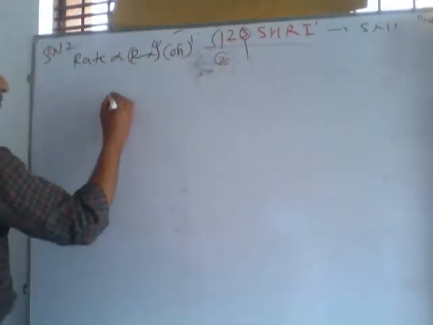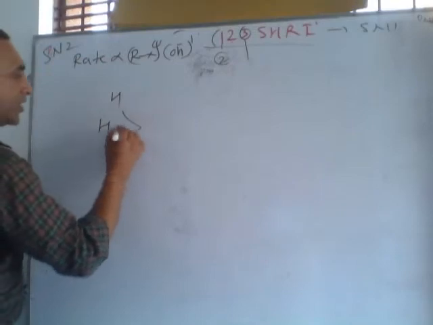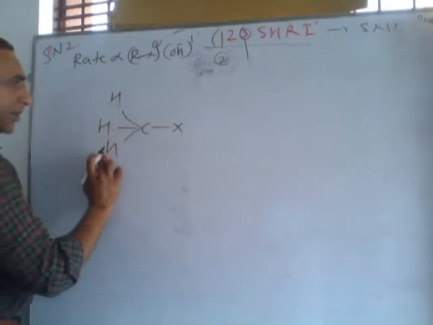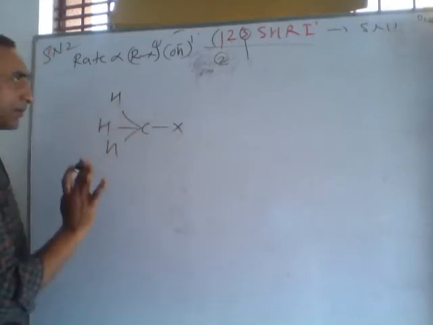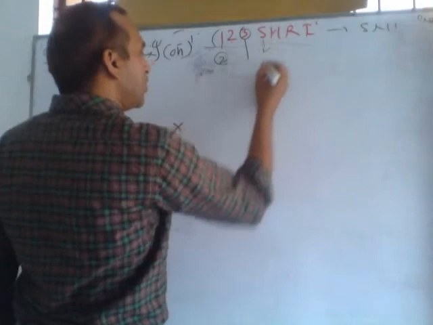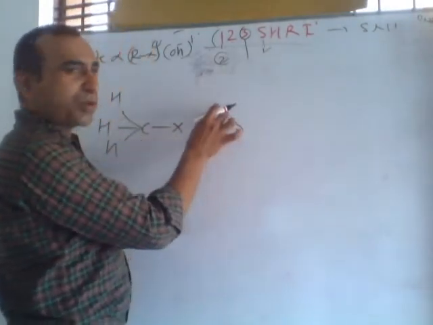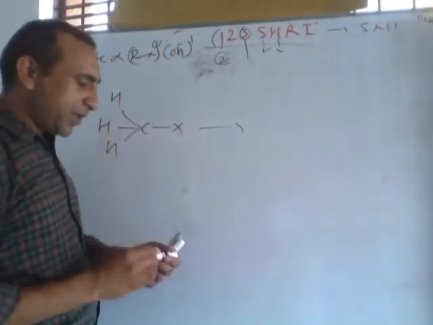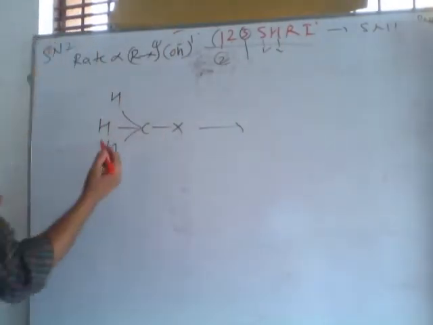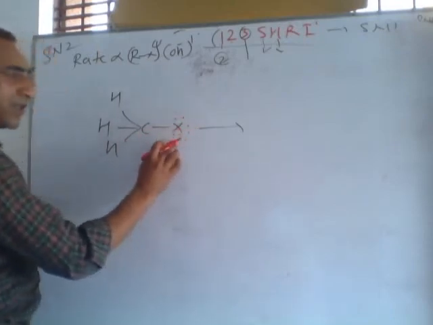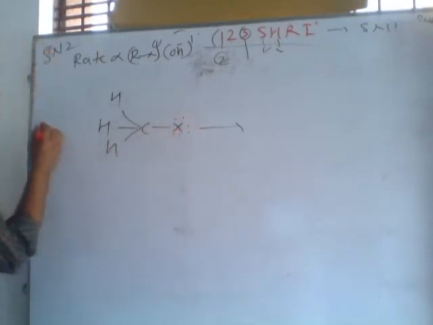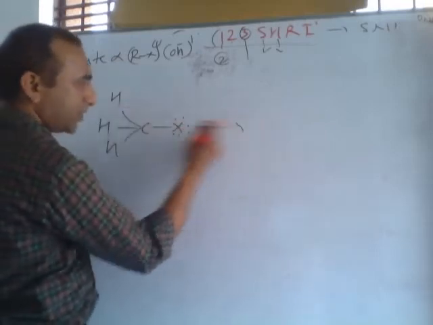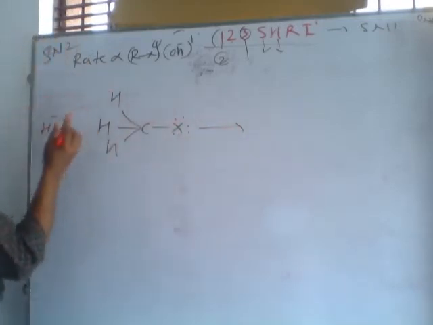Listen, suppose this is a primary RX, this is actually methyl chloride, otherwise chloroamine. This is primary. S means solvent: there is no necessity for solvent, a nonpolar solvent is fine. Steric hindrance: this has less steric hindrance. Less steric hindrance means, suppose on the halogen there are lone pair electrons and OH minus also has electrons, so it can't attack from this side, it attacks from the back side.